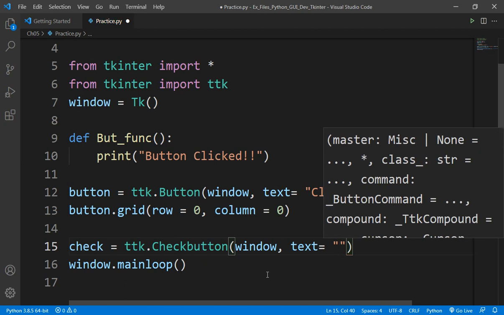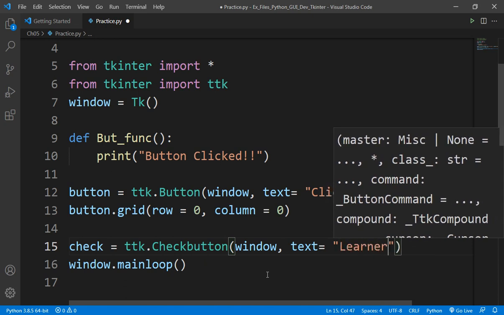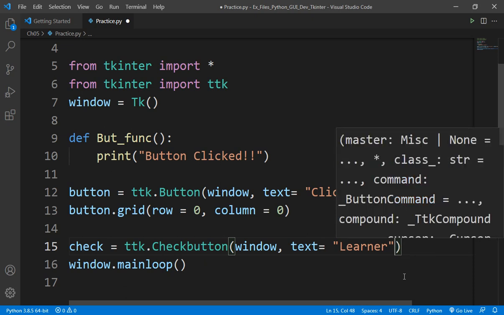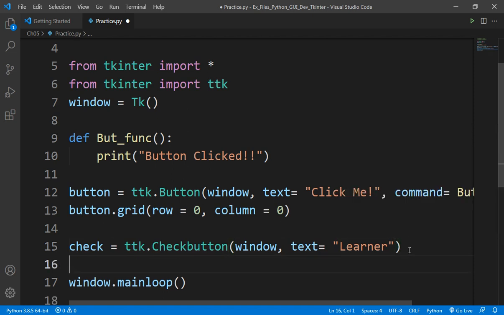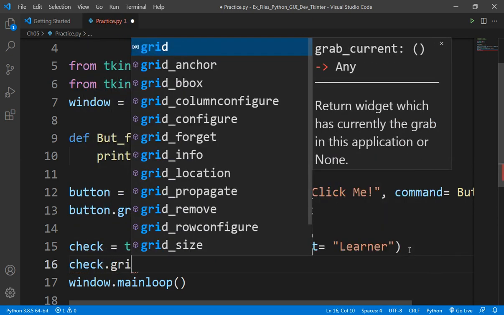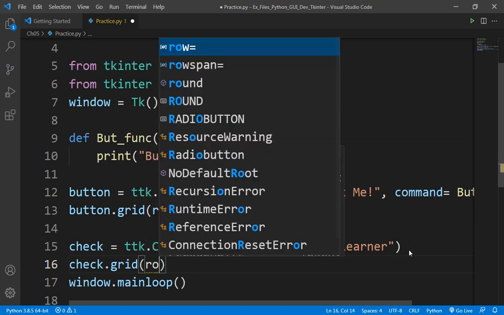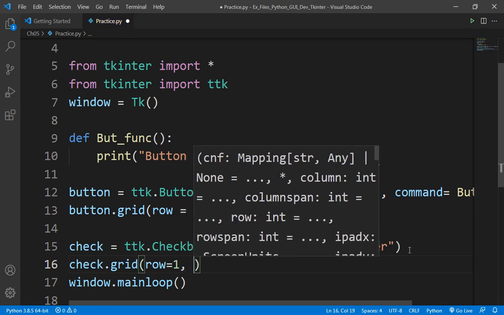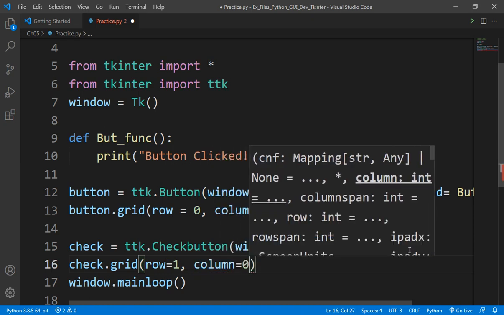Okay, so if we write it "learner". Okay, if the user is a learner, so he will click this check button. Okay, now we will give it a position. So check dot grid. Row, let it be 1, and column to be 0. Okay,